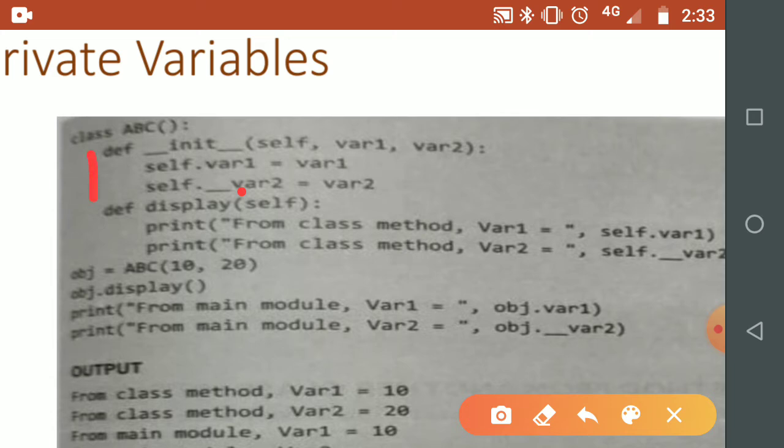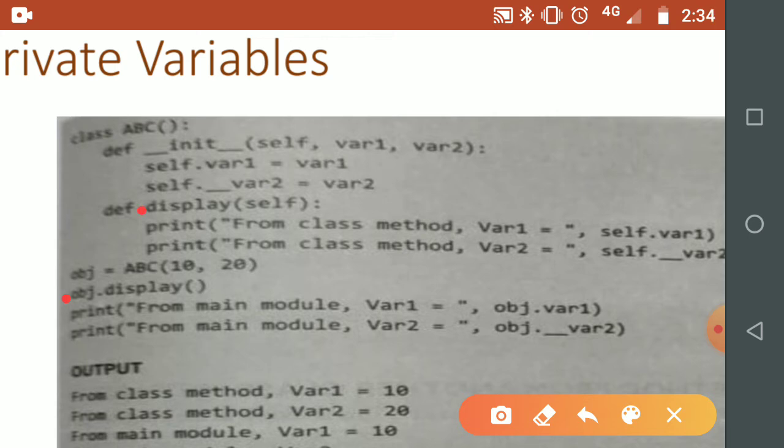Now look at the scope of this class. This is the scope of the ABC class. So this var2 is accessible only within the class ABC, not outside ABC. Now we'll see the execution of this program. Once we create the object, this init method will get called. Next line, with the help of the obj object I have called the display method, which is a user defined method.